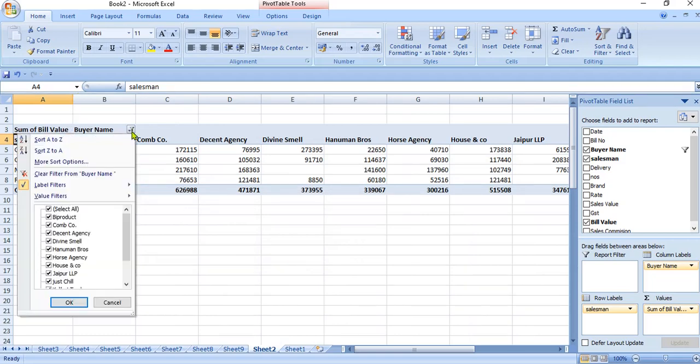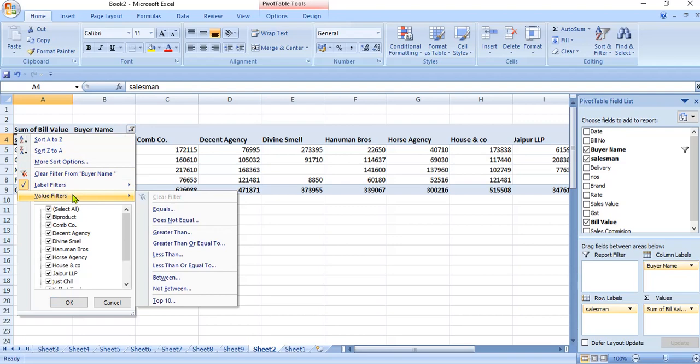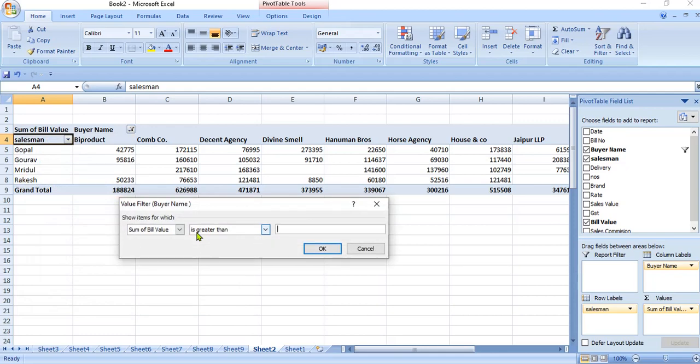In similar manner, I can apply value filters. So greater than, equal to, less than, or various options are there. Let's select it for greater than 75,000. So I have written here 75,000.